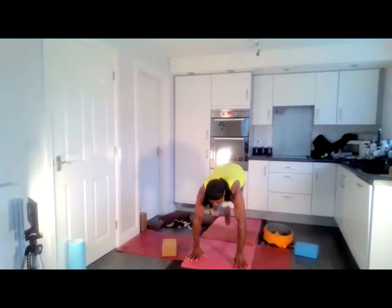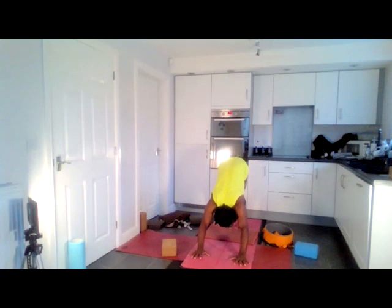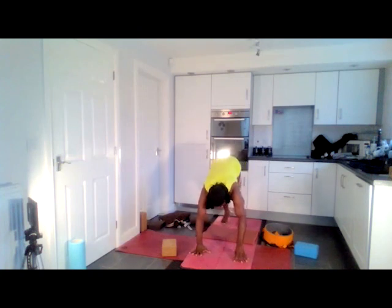And then release, bring both hands to the floor. Step back into downward facing dog. Feeling for pushing floor away in downward dog. From downward facing dog, as you breathe in, step your left foot forward between the hands for lunge with your